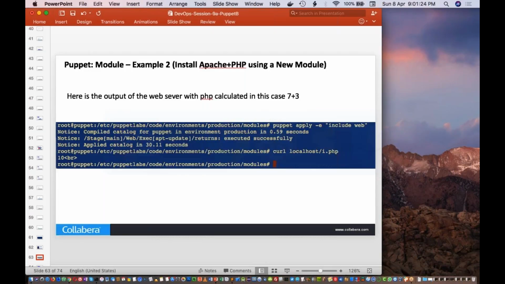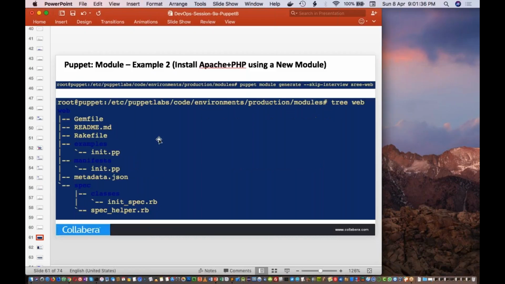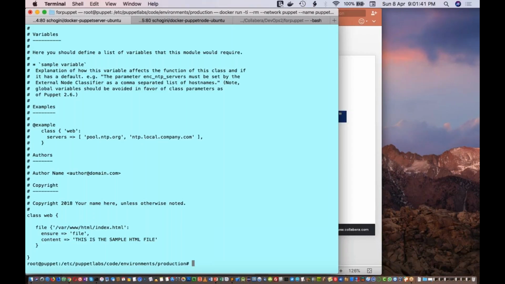I have corrupted my apt-get update list. That is the reason it sometimes works and sometimes doesn't. When you add the whole command like this, it will work for you. So our web module's purpose is only to change the index.html content.